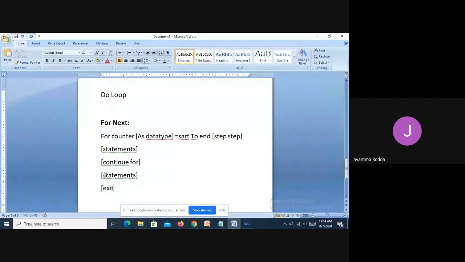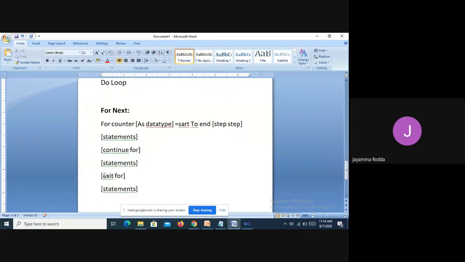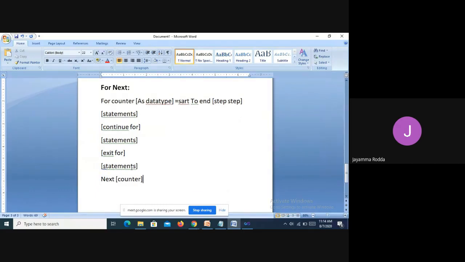And exit for, then the exit for statements will be written. Then next, the counter will be given here. So this is basically the syntax.